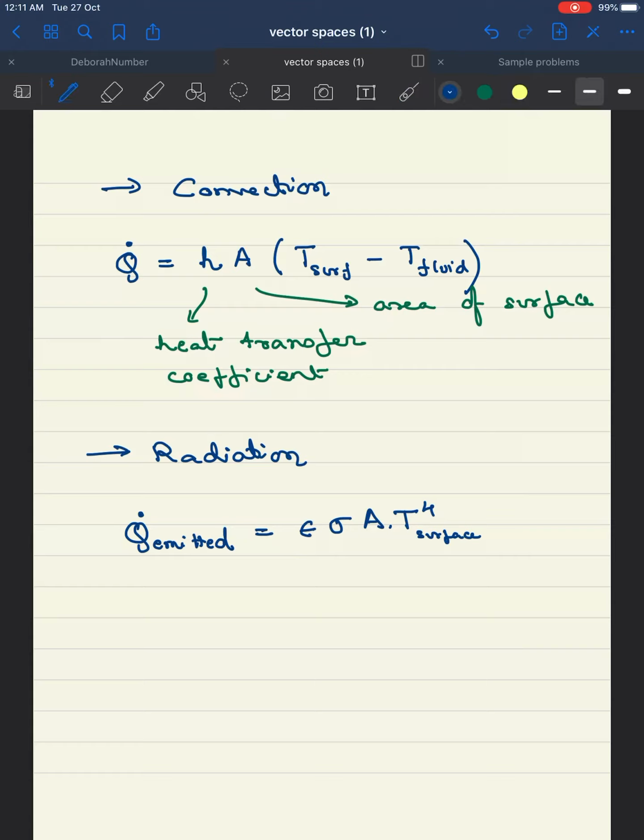Epsilon is a property called emissivity. Okay. And sigma is the Stefan-Boltzmann constant,